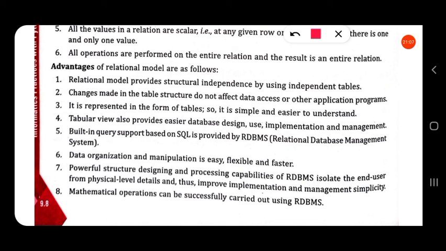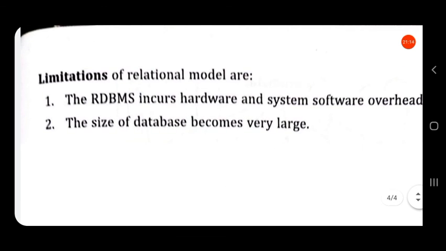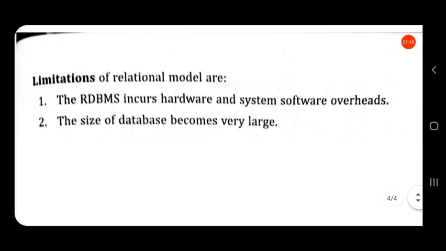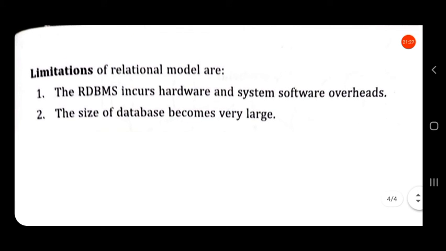Then mathematical operations can be successfully carried out using RDBMS. Then these are the limitations of relational database. RDBMS, Relational Database Management System, incurs hardware and system software overheads. Then the size of the database becomes very large.